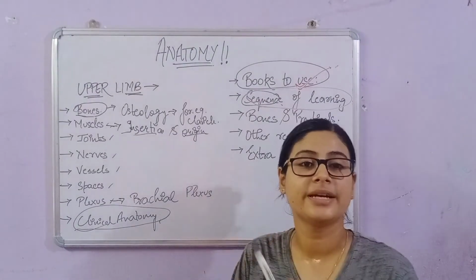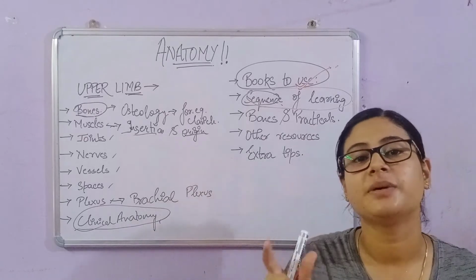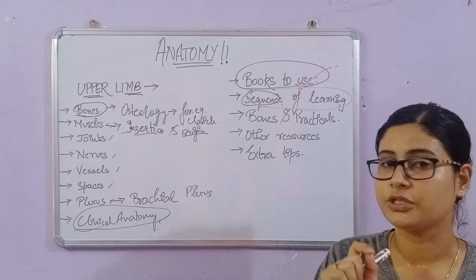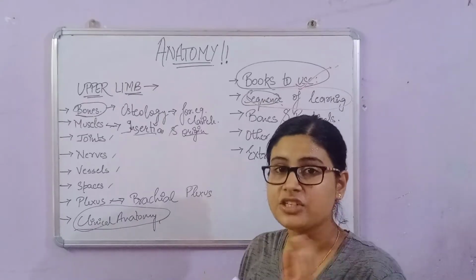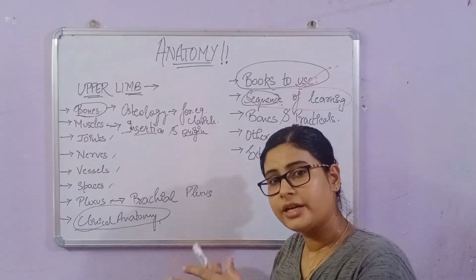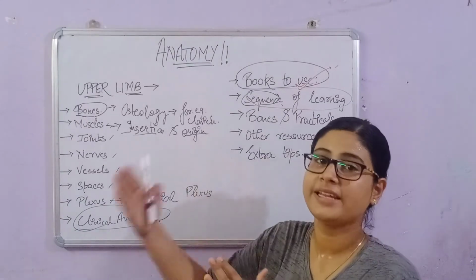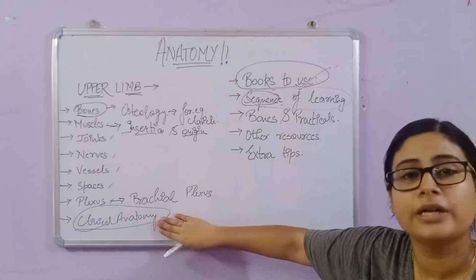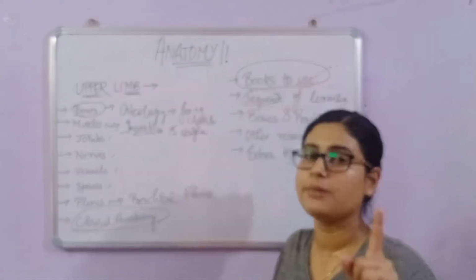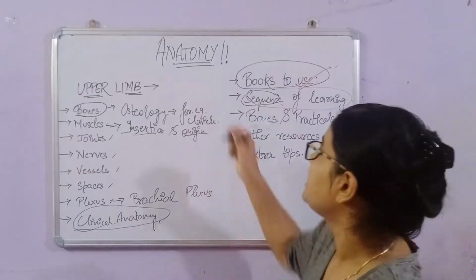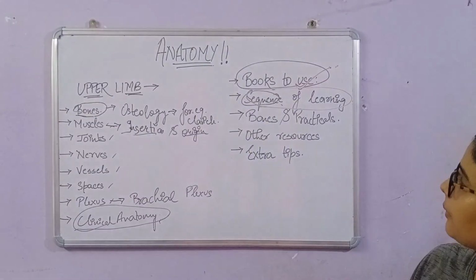For example, the importance of deltoid is intramuscular injection. Gluteus muscles also, intramuscular injection. So when you read all those things, then when you go to second year, third year, fourth year, fifth year, and then you go for clinical practices, you would be literally studying deep about clinical anatomy. So it is very, very important to remember and to learn about the clinical anatomy. So these are the things that you would see in upper limb.